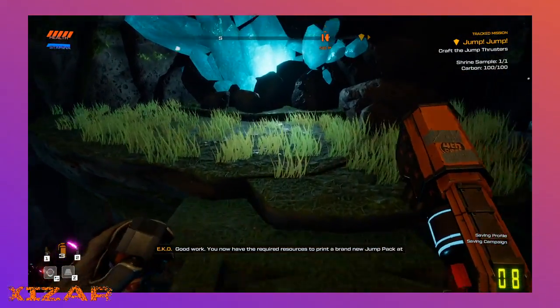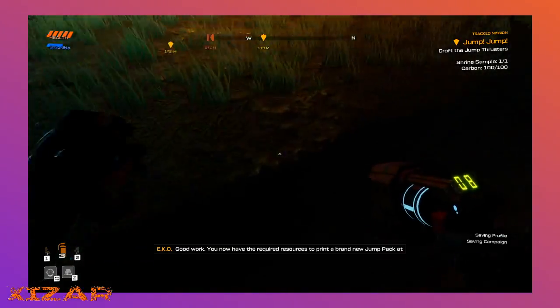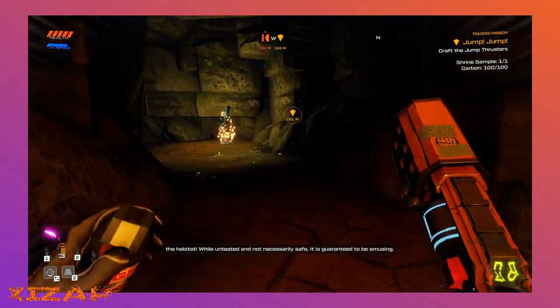Good work! Now you have the required resources to print a brand new jump pack and habitat. While untested and not necessarily safe,